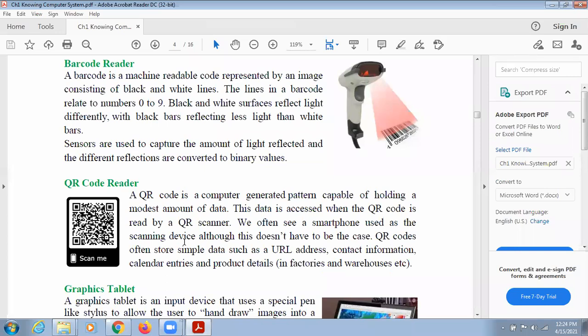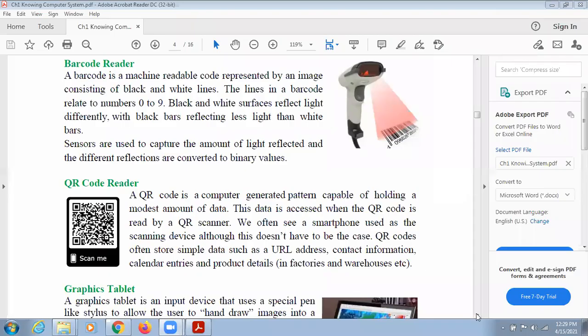You can use it for billing purpose. All the details will come, their phone numbers, their account details will enter into your device, and you can do the billing using these QR readers. But to use these QR readers, you need to have an application installed in your device, then only you can use the QR.